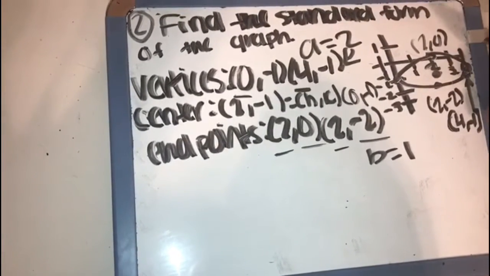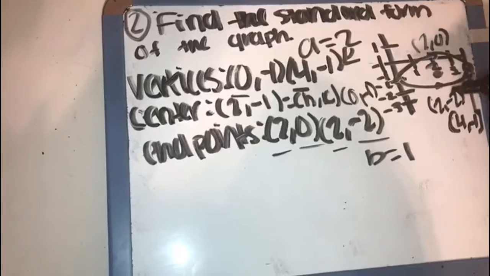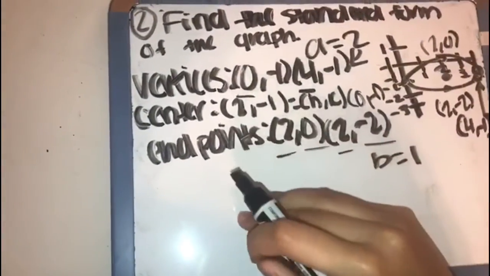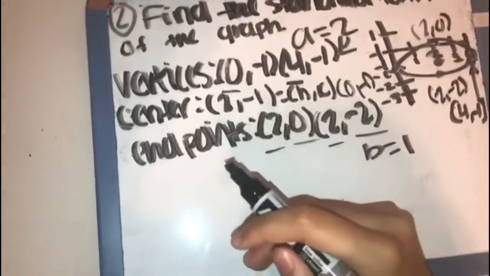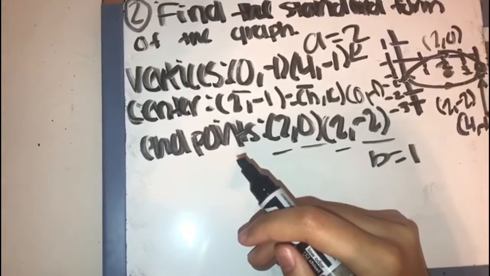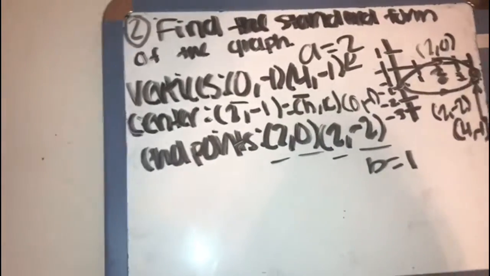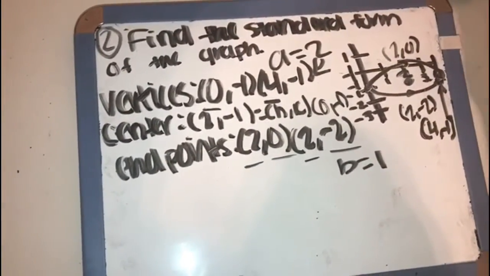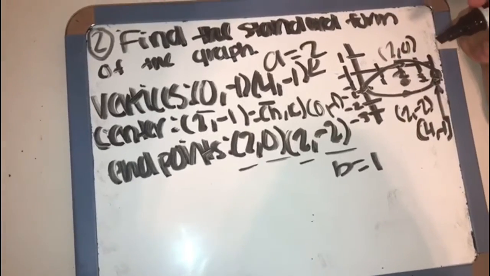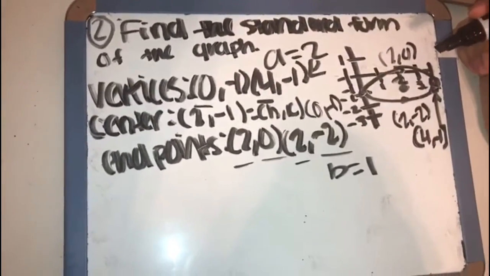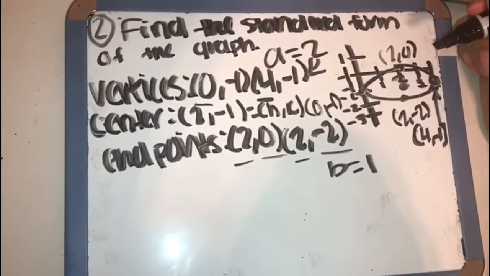Now the thing is that you don't have to find c, because c is not really a part of the graph. It doesn't really participate, so you don't need it at all. Sometimes the problem already gives you a c, but normally when you don't have c, you don't have to solve for it. You can just solve for a and b only, because a and b are the only things that matter